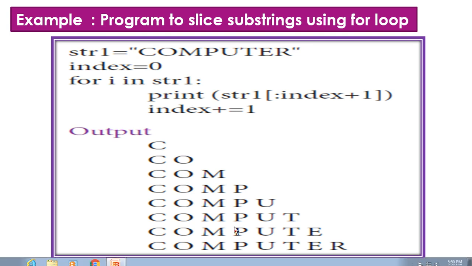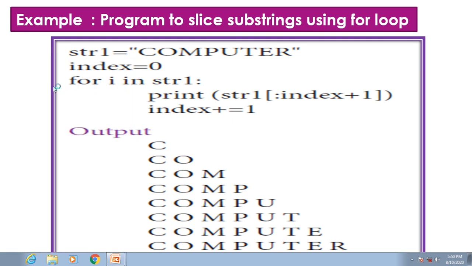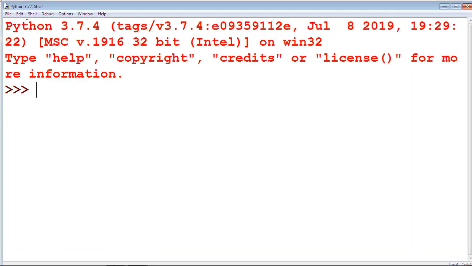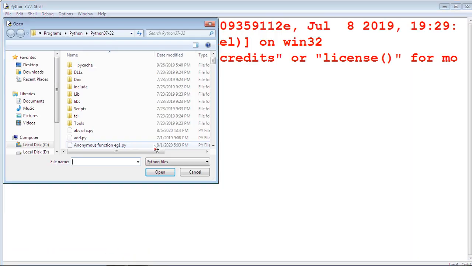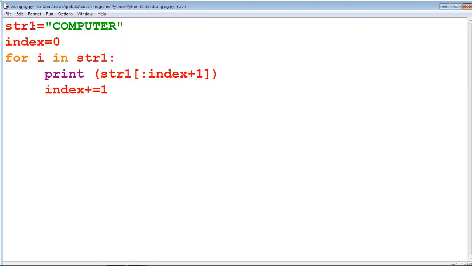This example is done by using the IDLE window. File, open, slicing operator. Now here the string value is computer, the starting index value is 0. In each and every step it is incremented by 1.